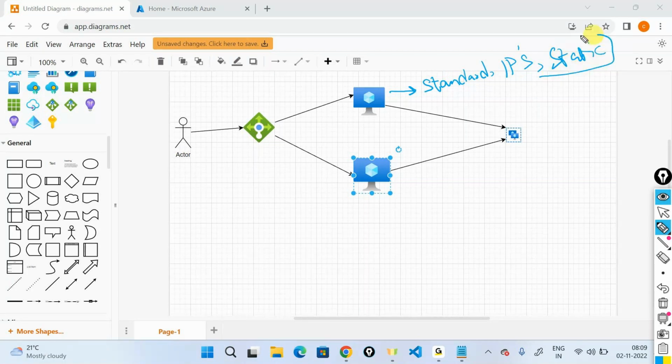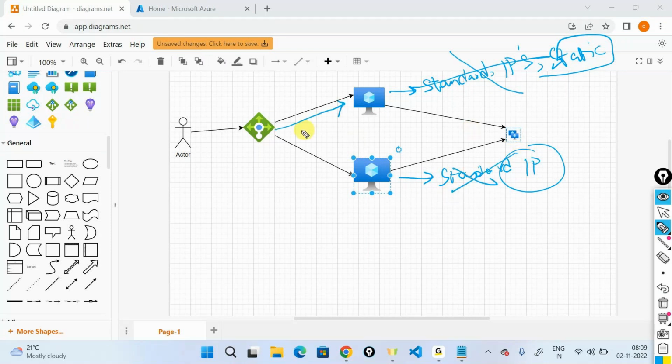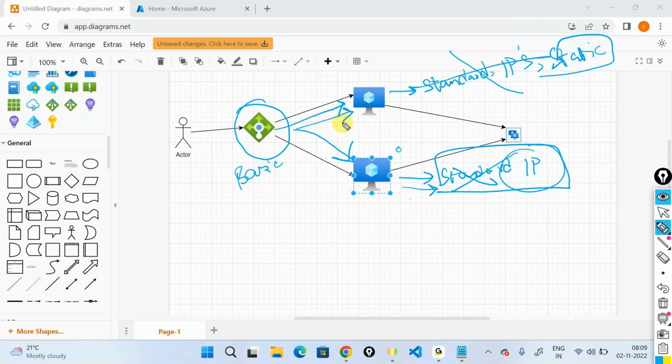Both the machines had the same configuration. Even though I removed these standard IPs later and tried to attach the load balancer, it was still not taking it, because the earlier configuration of these machines was pointing to a standard IP. You cannot attach a basic load balancer to machines that were using standard IP addresses. We cannot really do that. That's the reason it wasn't really identifying